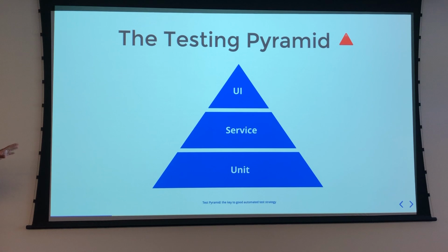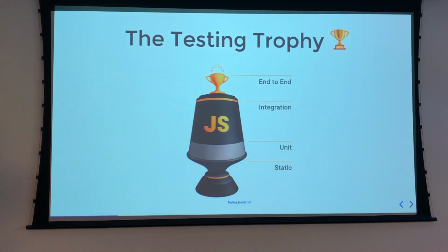So how many of you are familiar with this or heard about this? Cool. So since we're on a React meetup, we got to talk about Kent C. Dodds. Kent C. Dodds took it a step further and came up with a testing trophy, where it's the same idea, but he also points out that